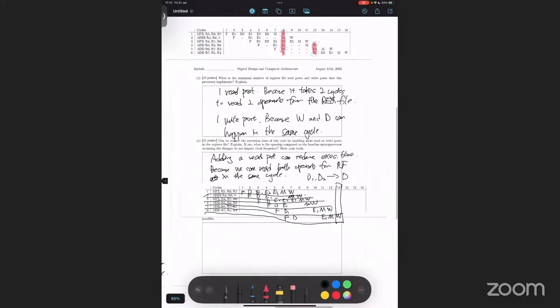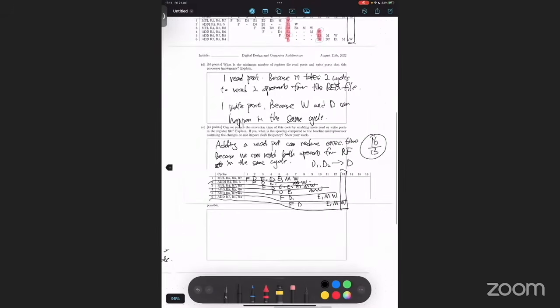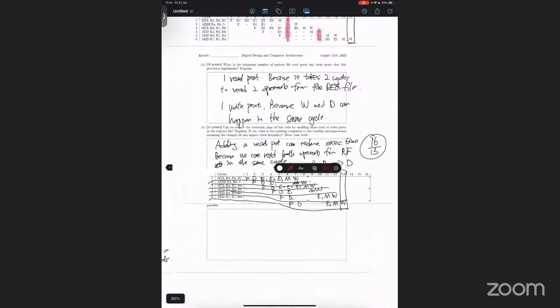So the speed up is just the old number of cycles, 16, over 13 is our speed up by adding one more read port. Okay. So for the next question,